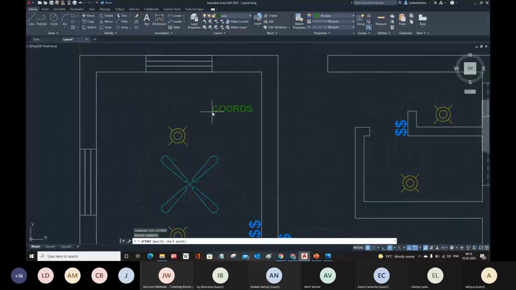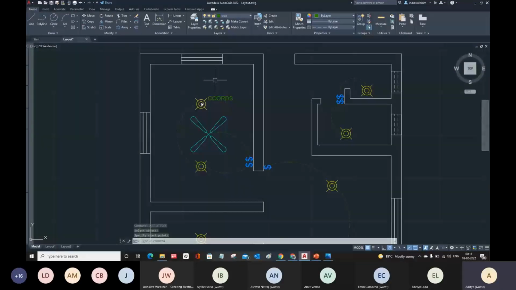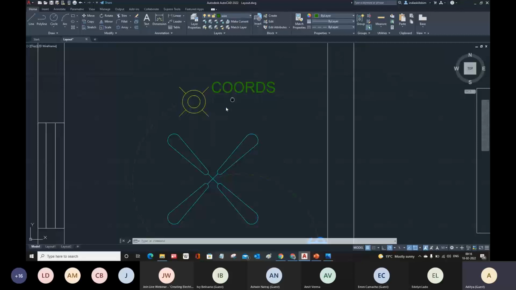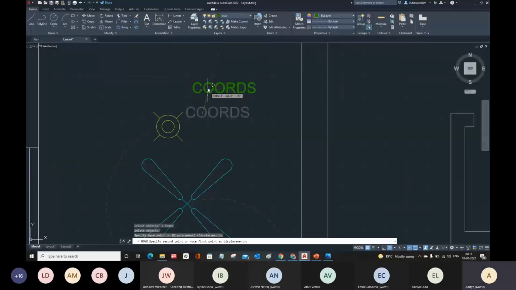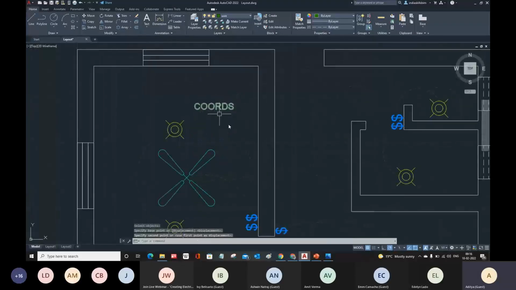All right. And to find out the exact coordinate for this item all the time, let us convert this into the block item, so that we don't need to create this attribute for all other items here, right? And the benefit of creating the block is we can also save this item in our palette, and we can use it in other drawings as well.